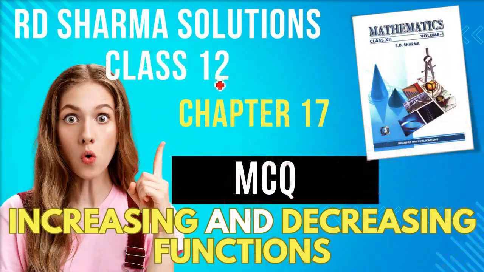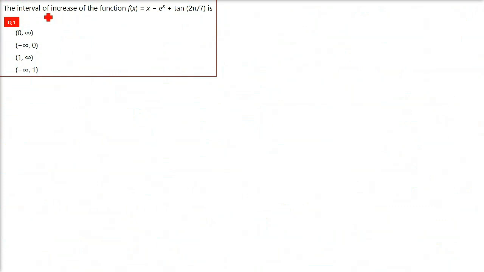This is R.D. Sharma solution, class 12th, chapter 17. We are taking MCQ, increasing and decreasing functions, multiple choice questions. The interval of increase of the function f(x) is equal to x minus e raised x plus tan 2π